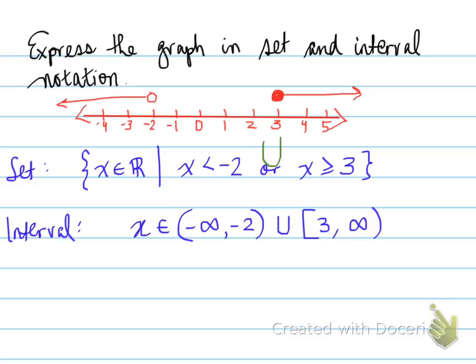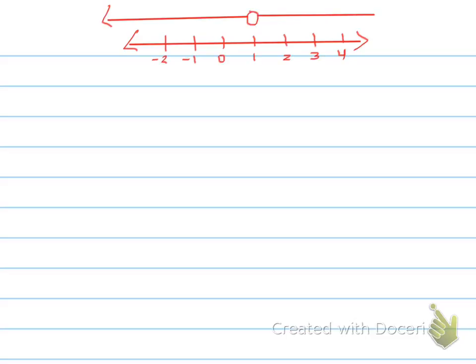All right, next, let's look at the next example. What happens in this case? What do we do here? Let's express this in set notation. Set notation says that, well, we're going to go from -infinity all the way up to infinity with the exception of this one number over here. What's that number? 1. So we rewrite this as X belongs to real such that